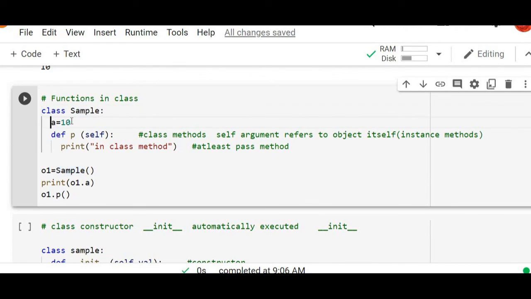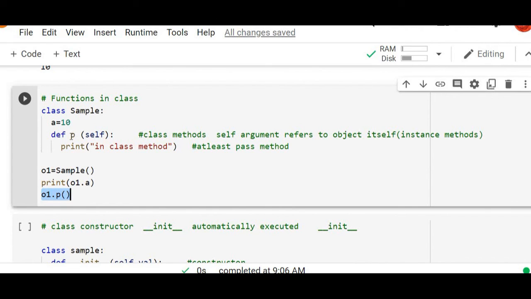With class variable a equal to 10, and this is the member function of this class, and we are creating an object o1 equal to sample. This variable o1.a is being printed, and then this function p is being called with reference to this object, o1.p.